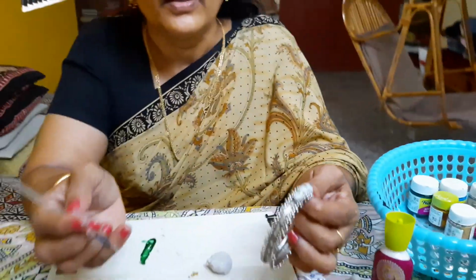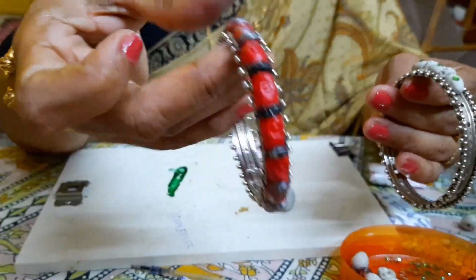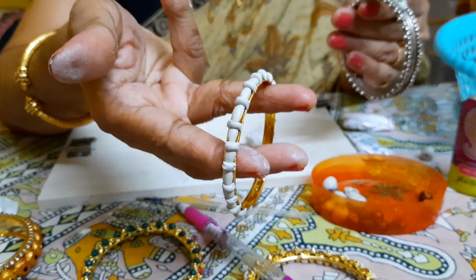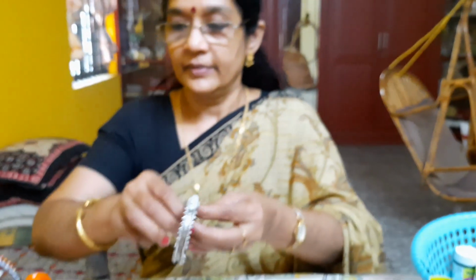See, you can continue doing the same thing, and you finally end up like this. I'll show you a portion that is a bangle that is kept like this without any impression here. See, this is plain. I'll show you how to paint it. I'll just keep this aside. Now you can see this